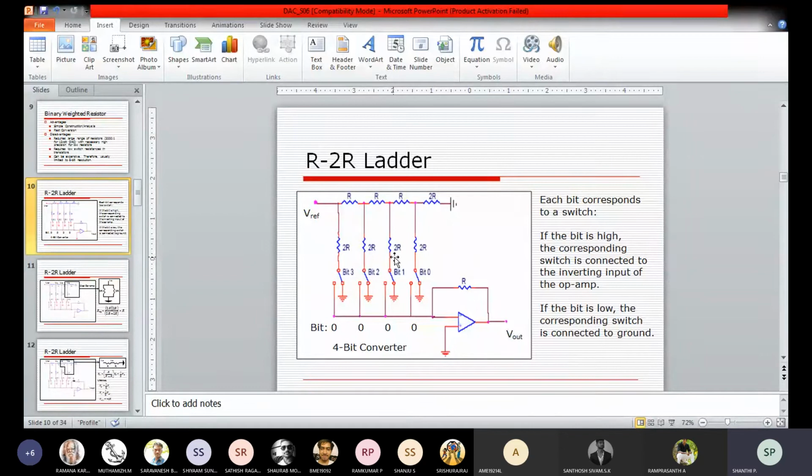So here equal values 2R, 2R, 2R, and R are connected between two legs. The toggling switch is connected to ground potential, meaning 0, or to the V reference, meaning the input signal is 1. Depending upon the input signal, we change over to an analog waveform. If the bit is 0, the output is also 0. Depending upon the binary input value, we get the output at V out. This is an inverting amplifier circuit only.